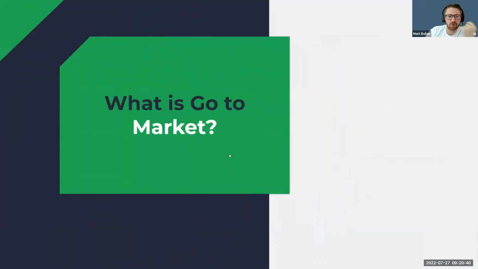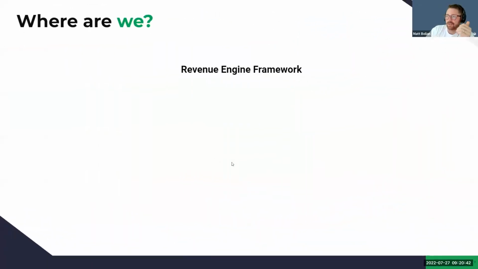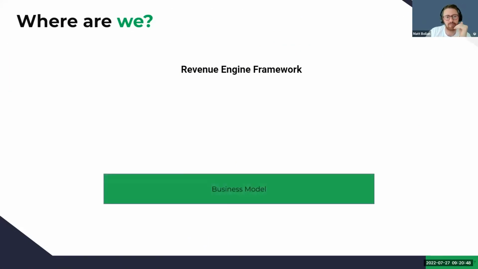So what is the go-to-market model? I call it this revenue engine framework. Again, if you look at the revenue architecture for Winning by Design, it's built on this. So you have a business model, and that's what we talked about, just to give us a frame of reference where we're at. We talked about the business model and how these all interplay, and we'll have your exercise at the end of the day today. We'll be putting all these together.